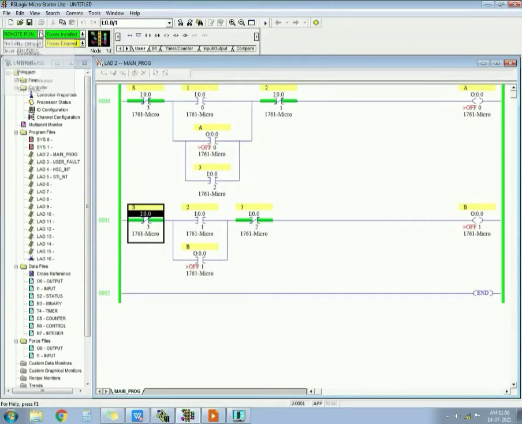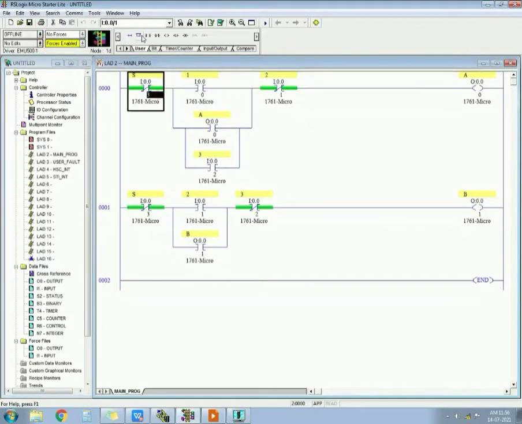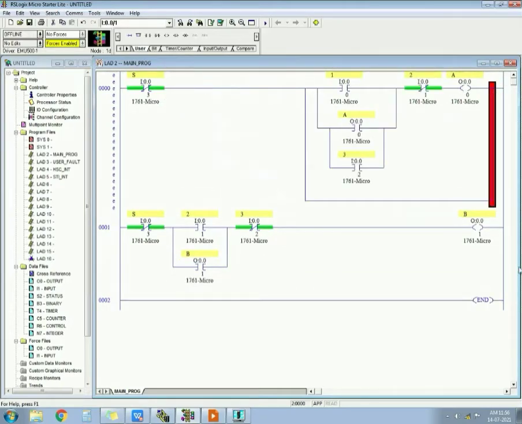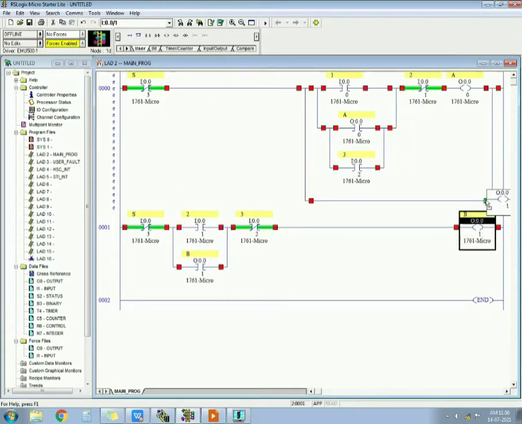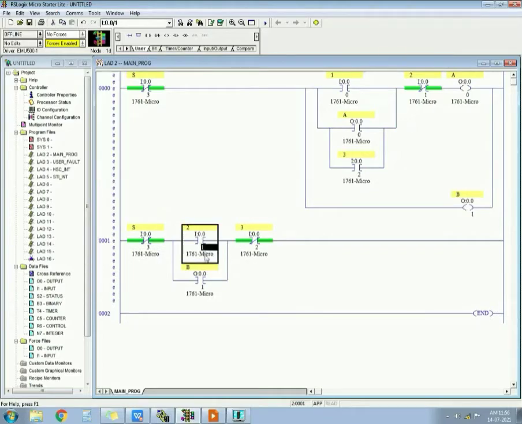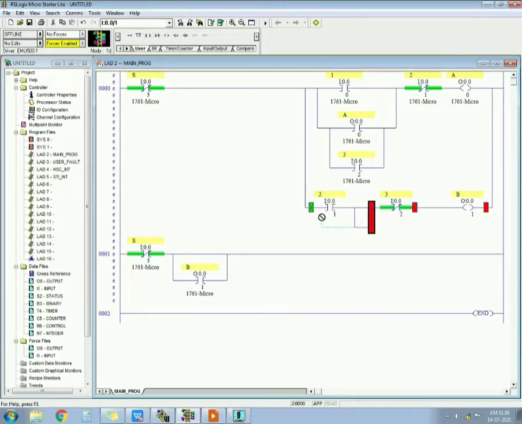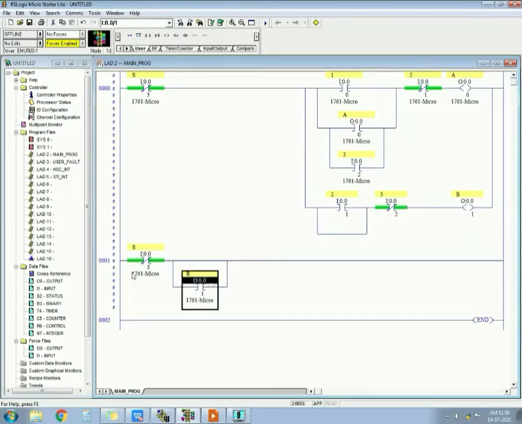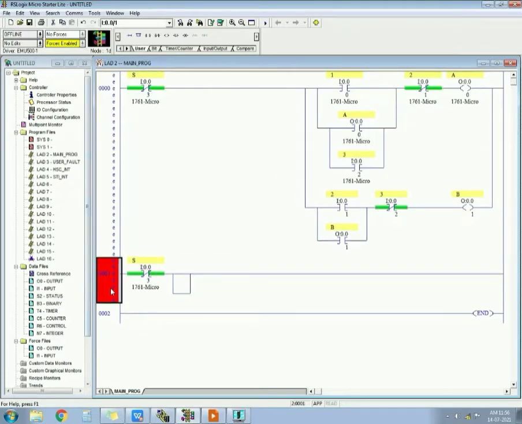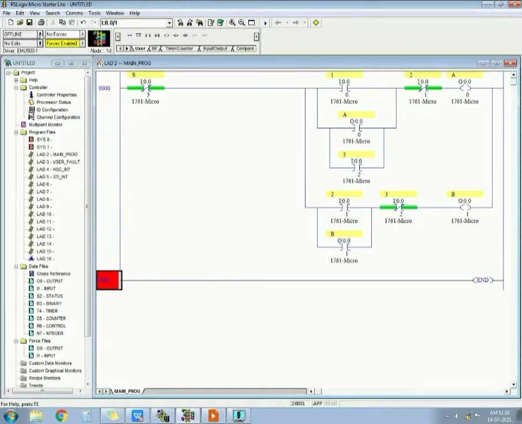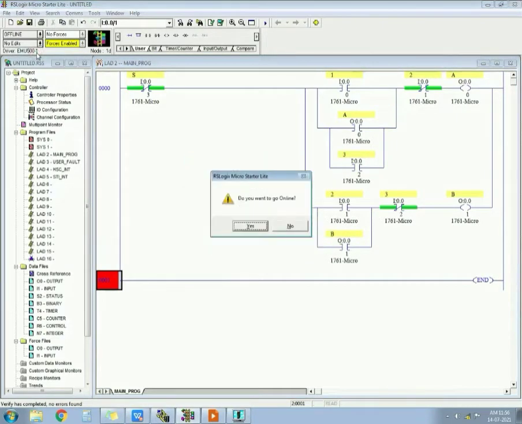You can also make it in a single rung. See how? I will just take 2 minutes more. You can make it like this: put it here, use this here, and take a parallel over here. You just have to make this whole rung in parallel with this rung. So you don't have to take 2 rungs. You can make it with a single stop button also.